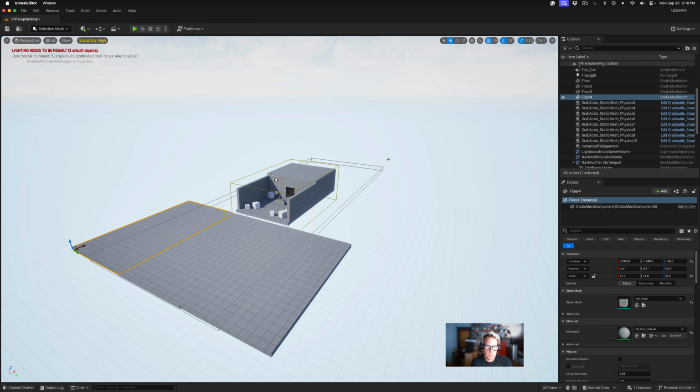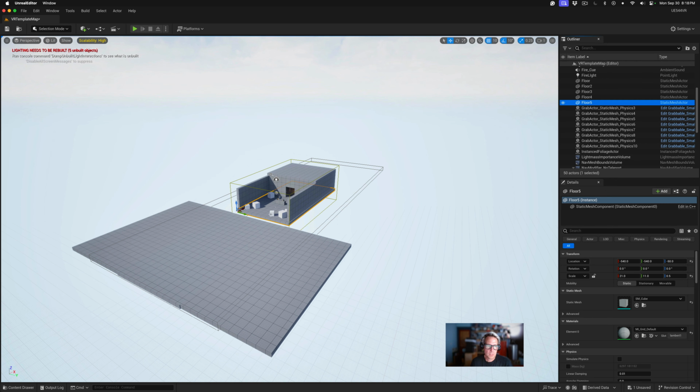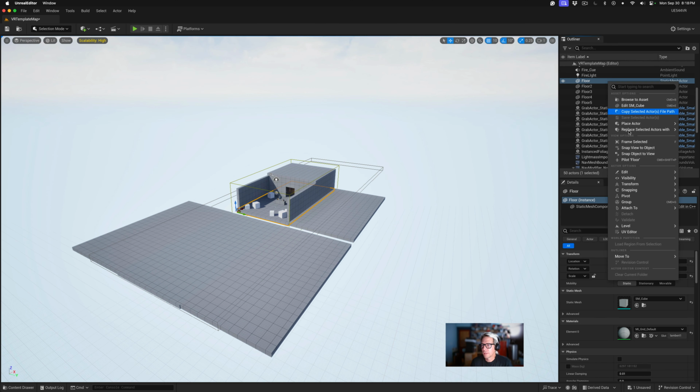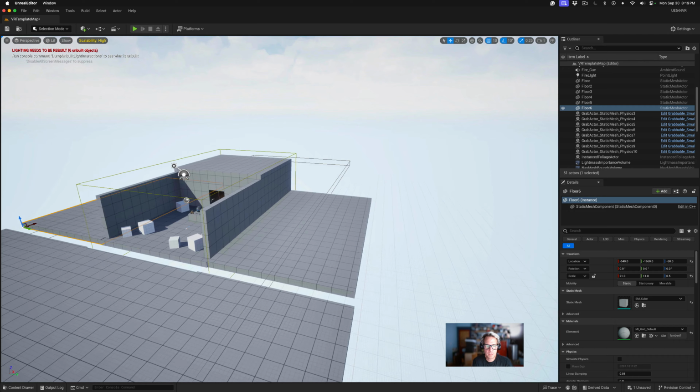And then I am going to, why don't we do this? Click on this floor here. Right click. Duplicate. Grab it and move it out. And then right click. Again, back on floor. Duplicate. Move it out. And I'm just rough positioning it here. We're just messing around. And then I'm going to make my life easy